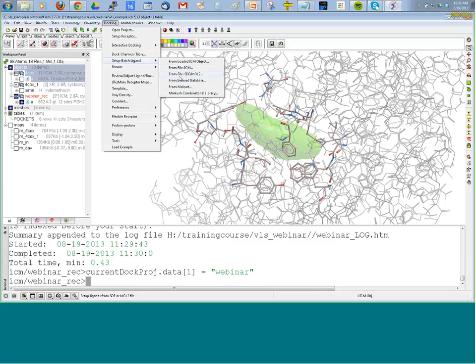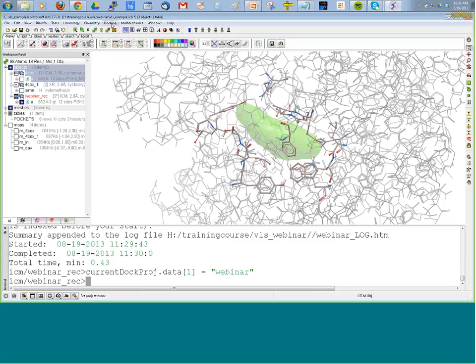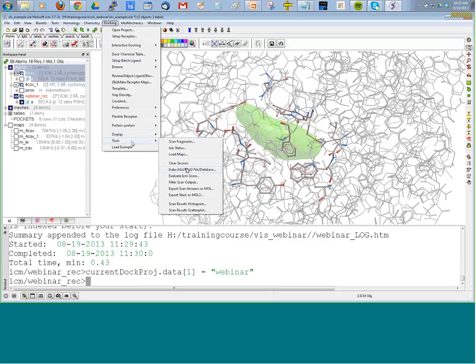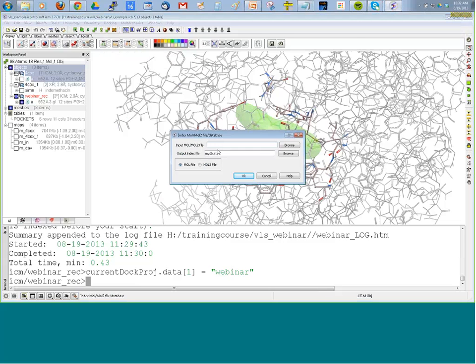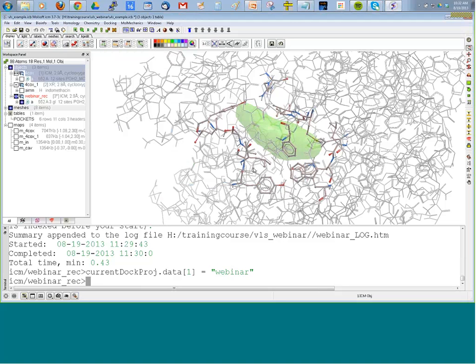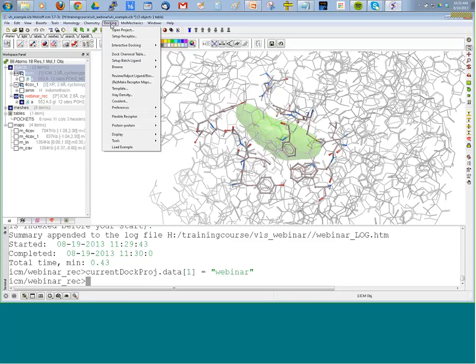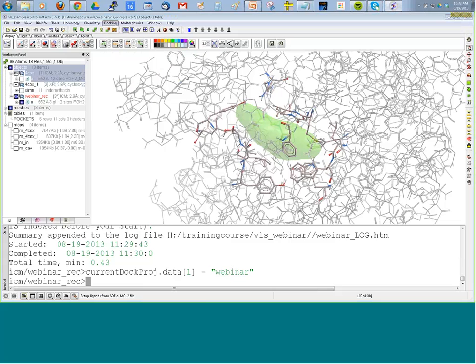In this example, we haven't got an index, but if you need to index your file, you would go to Docking, Tools, and Index mol file. So you just browse to your SDF file, and then give the index a name, and it will store it. So if you're screening more than 1,000 compounds or something, you may want to index them. Yeah. So for this example, we're going here from SDF file,